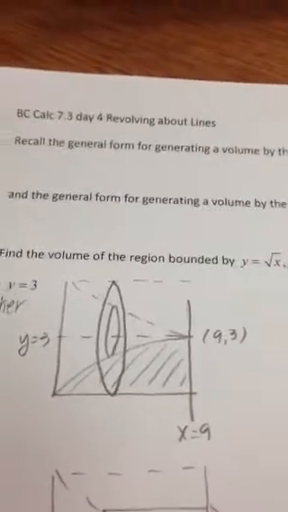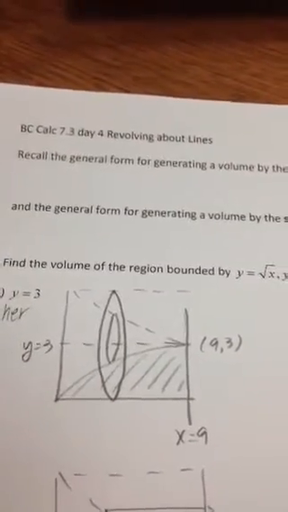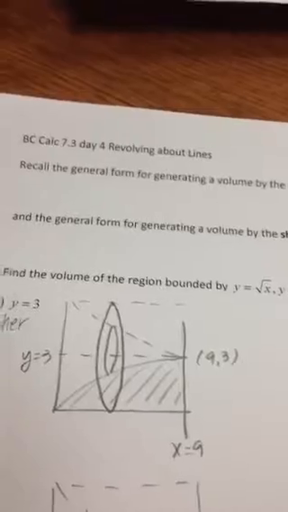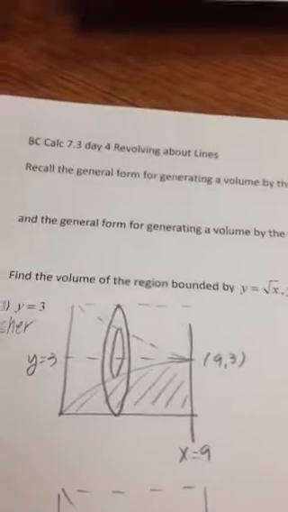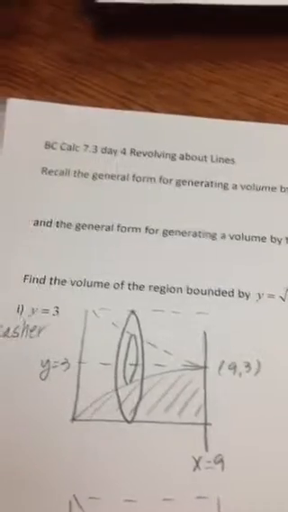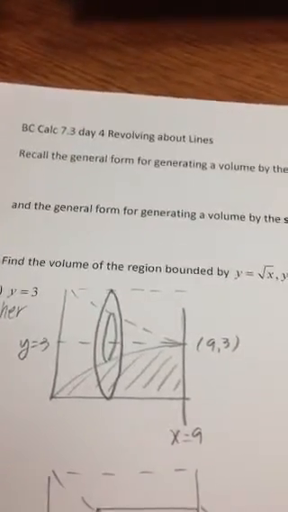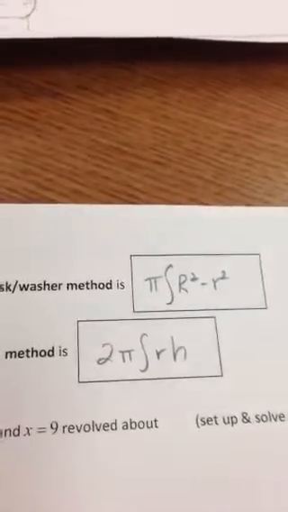Today I'm going to show you how to calculate the volume of a solid of revolution that is created by rotating a region around a line other than the x or y axis. As you recall, the general form for the washer method is pi